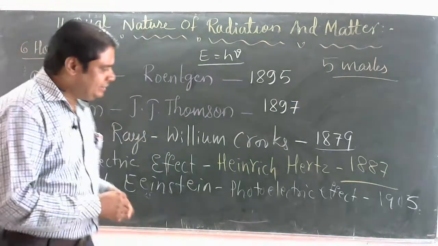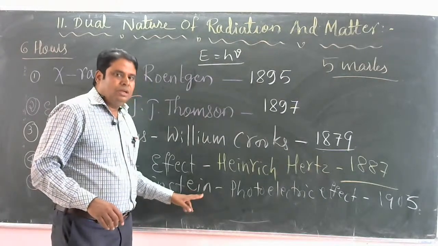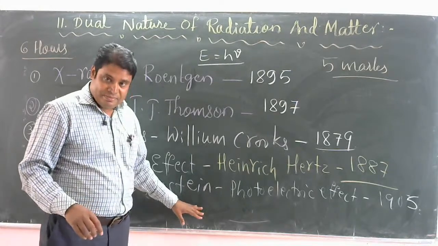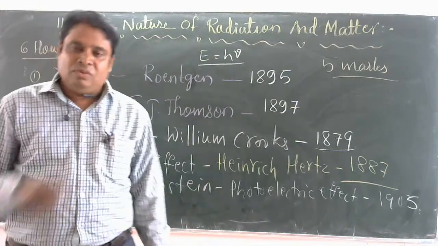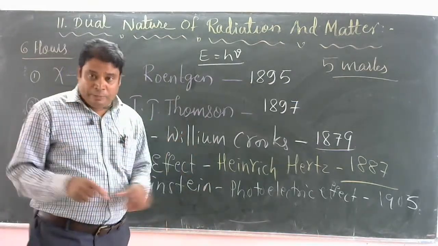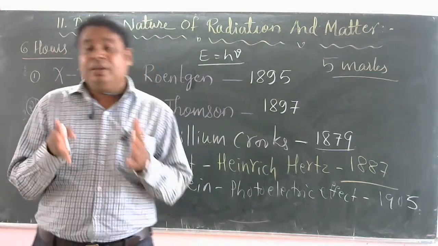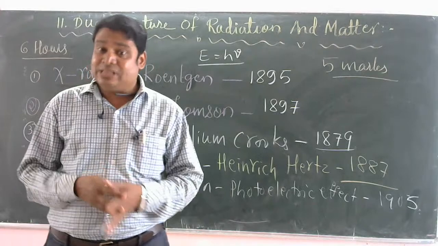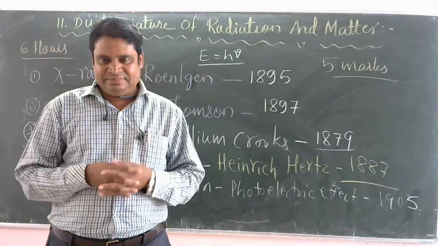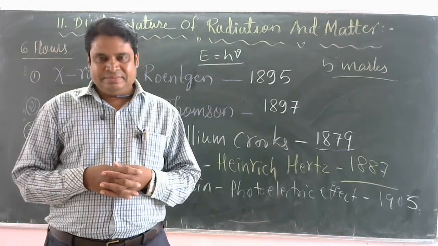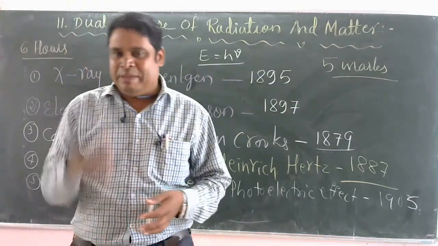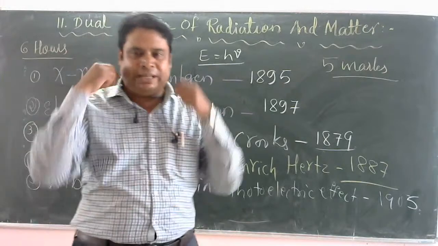For his brilliant investigation, Albert Einstein got the Nobel Prize. In 1921, or anyway 1922, he received the Nobel Prize for his achievements in theoretical physics as well as explaining photoelectric laws very neatly. That time, once again, light took particle nature. By Max Planck's quantum theory, black body radiation theory, we have studied in chemistry.